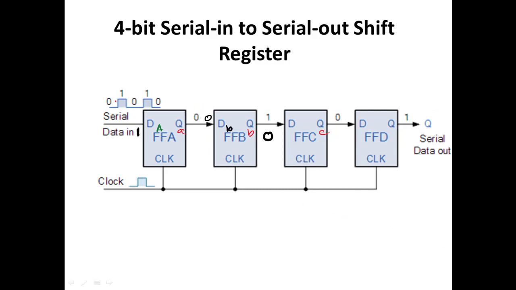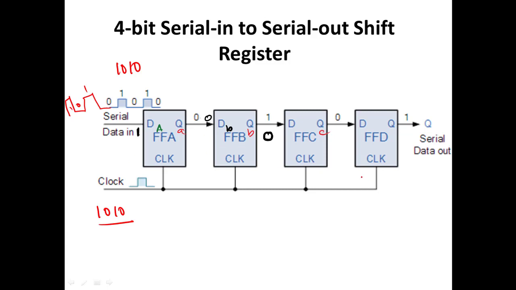So for example, if I need to give this data 0, 1, 0, 1, otherwise it is said to be 1, 0, 1, 0. Continuously we are going to give 0, 1, 0, 1. Assume that the data 1, 0, 1, 0 has to be given to this